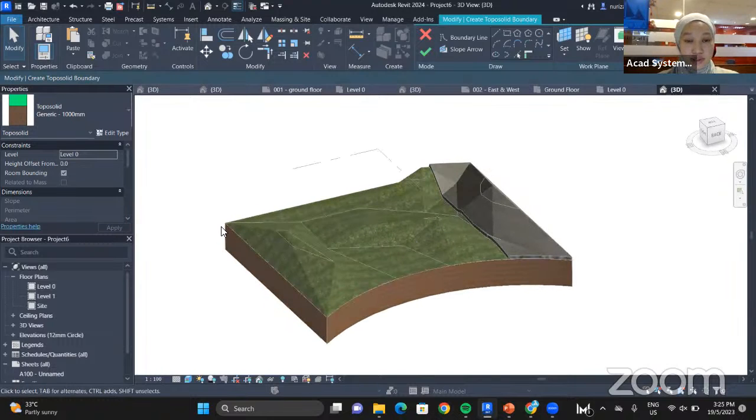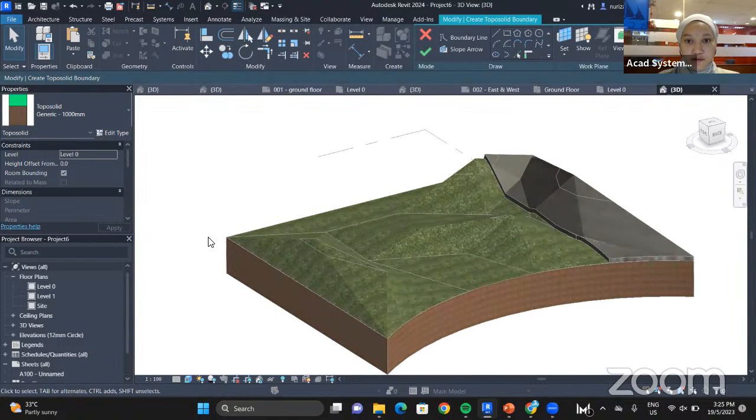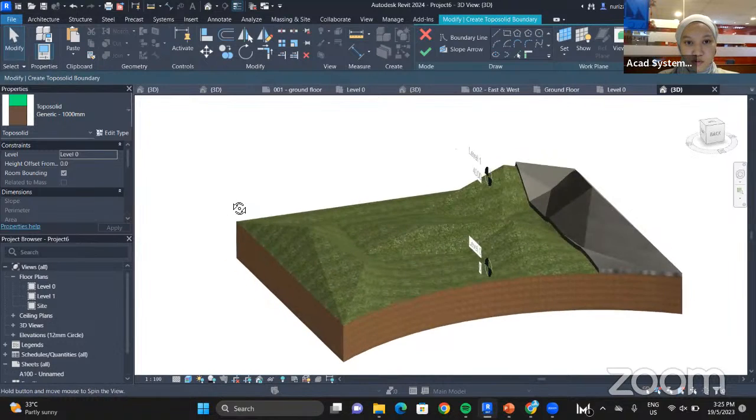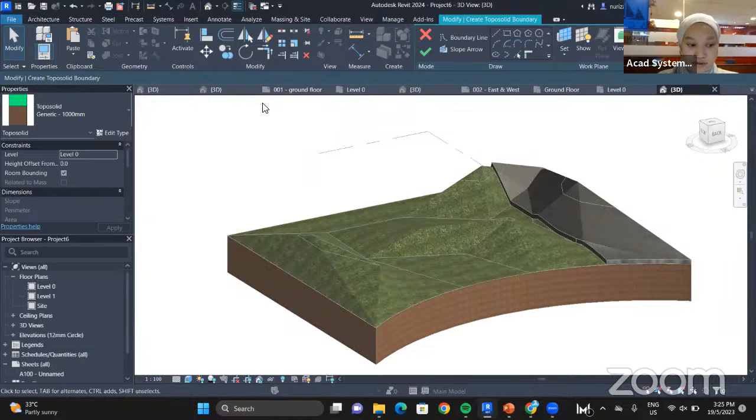So basically, that's all the features in Revit 2024. If you have any questions regarding this lesson, do feel free to ask in the chat box. All right, if there are no questions,